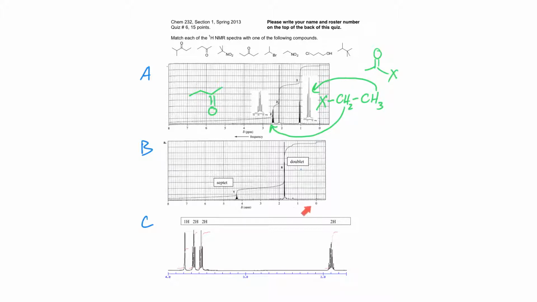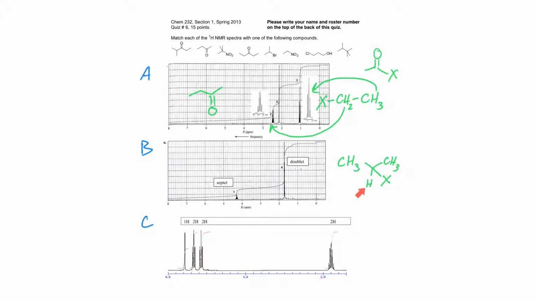Let's look at B. B, again, is a proton NMR spectrum. It only has 2 signals, a 6-hydrogen doublet, and it's very hard to see that there are 2 peaks here, so you can see that whoever made this put a doublet there for you so that you can more easily interpret the spectrum. And then this lump of peaks right here integrates to 1 hydrogen, and it is a septet. So we know that the 6-hydrogen doublet is probably 2 methyl groups that are the same. They're equivalent by symmetry. They're adjacent to 1 hydrogen. So each of these methyl groups that I've just drawn is a doublet